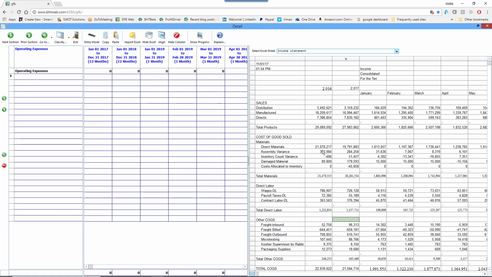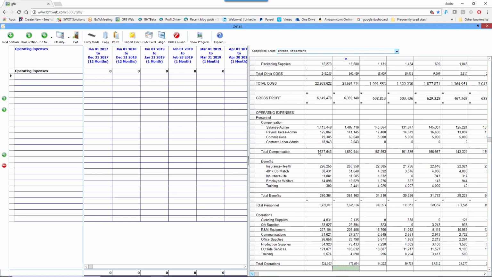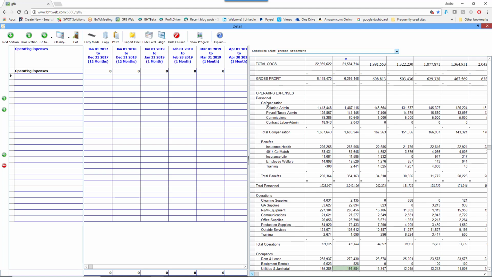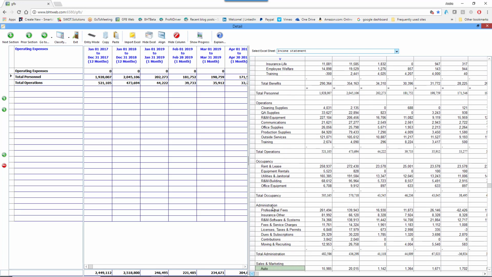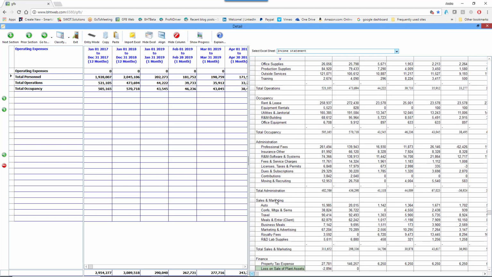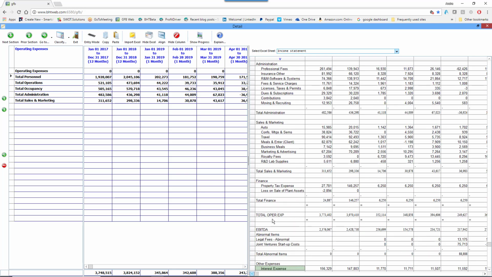Operating expenses. I'll move my scroll bar down, and here I've got a couple of categories of operating expenses. I've got my personnel, I've got operations, etc. Once again, all I'm looking for is the total. So I'm just going to bring in my total personnel, that's there. I'm going to bring in my total operations, that's there. And I'm going to bring in my total occupancy and total administration, sales and marketing, and my